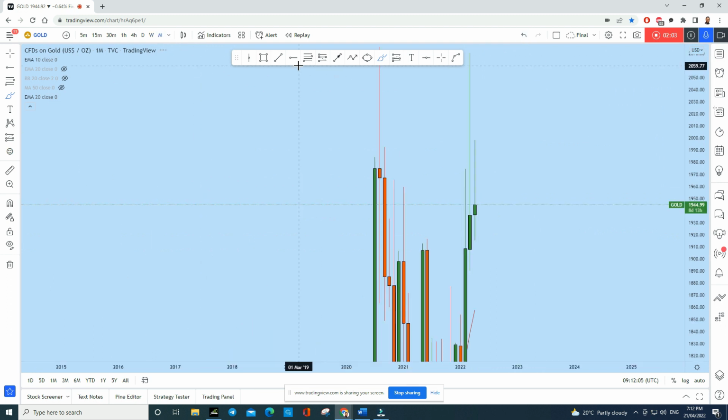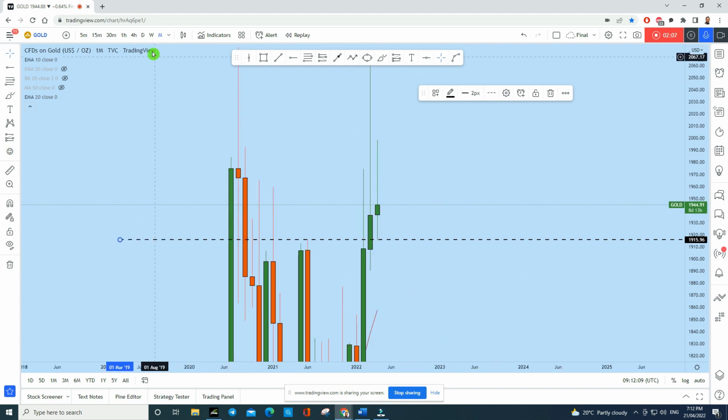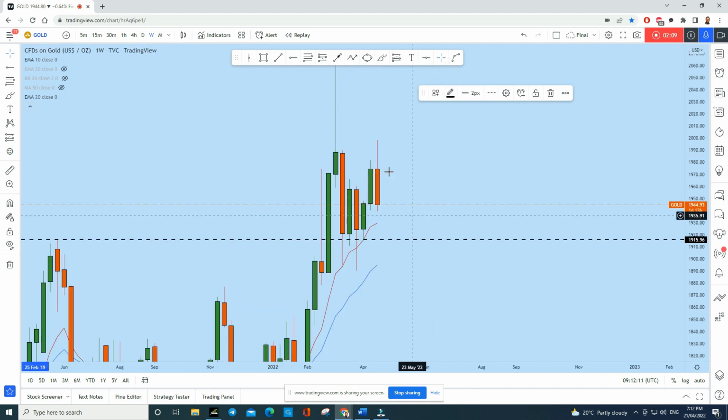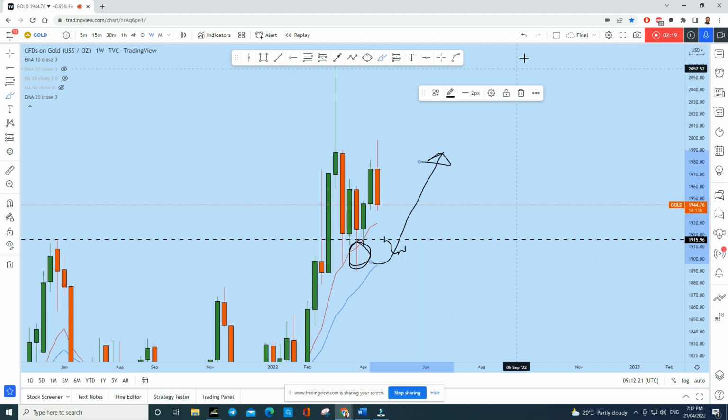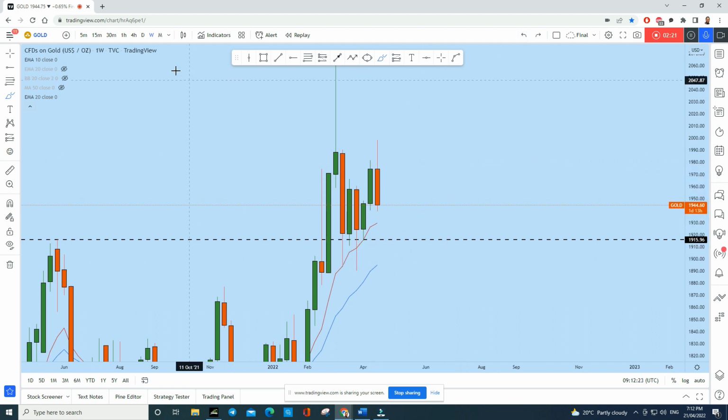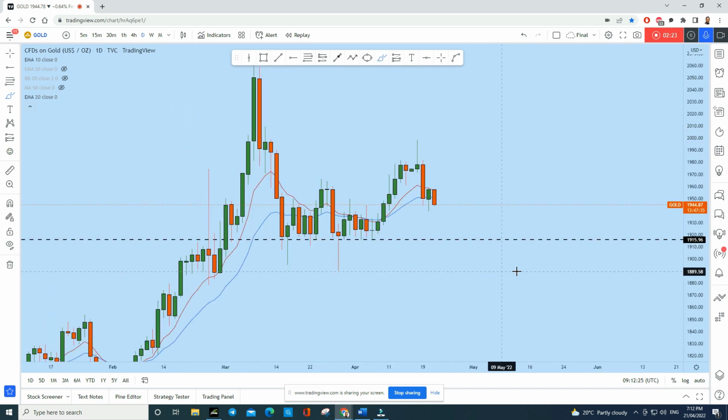Let's see the monthly support level, then we will know what could be the possible destination for gold. Gold could reach this level, even break this level, maybe testing this long wick doji on the weekly in red, and then again create a bullish move. So let's find out the daily time frame, how the price action is forming.